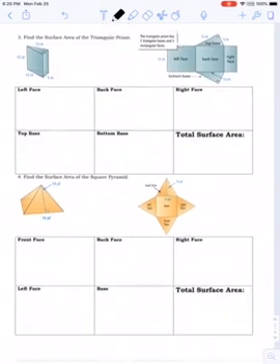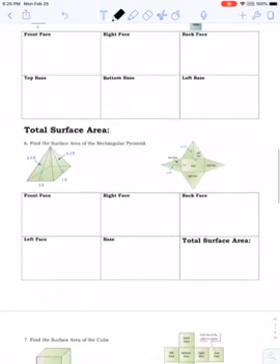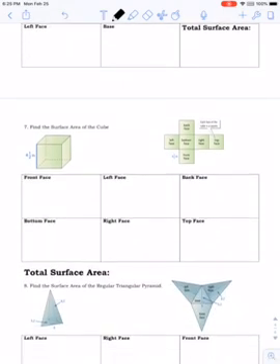When you look down here, we're mostly practicing total surface area today, but the nice thing about these next couple problems, they're identifying the different sides for you, and this is a great strategy if you're like, I don't know what side's what side. You can label them left face, right face, bottom, top, back, front. You can label them, and that can help you label your dimensions and then organize your work on the quiz or the test that's coming up. Okay, so you're completing the rest of these